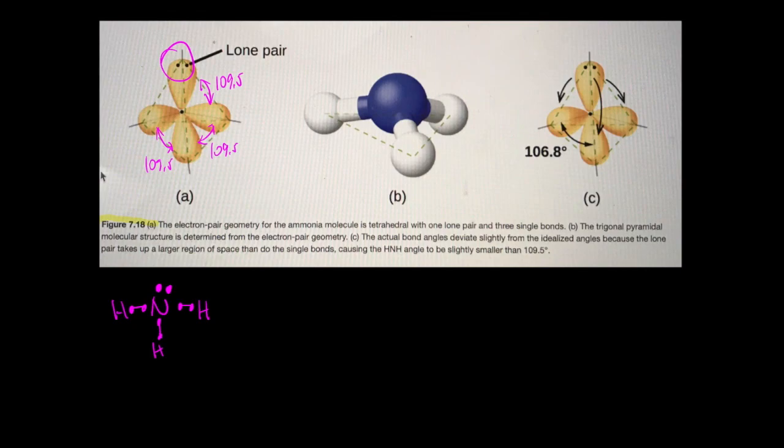Now, what does the molecule look like? It looks like this because lone pairs are invisible. They don't show up as a shadow, for example, in X-ray crystallography or other kind of techniques. So the real molecule looks a little bit different, and it looks like a trigonal pyramid, okay, trigonal pyramid. The name is located right here. I hope you can see it on the video, trigonal pyramid, okay? Let me show you what this looks like